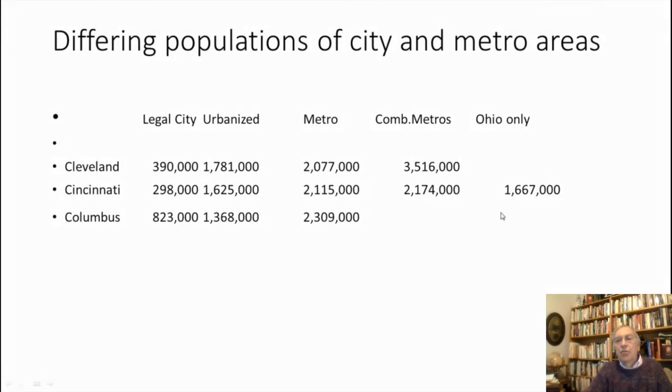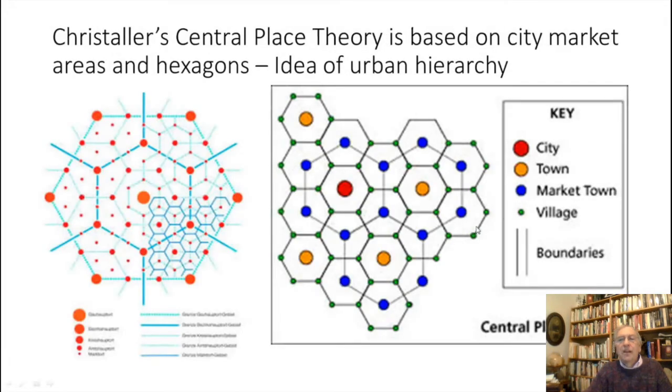call it 2.2 million people, but remember, slide jumped ahead, but remember that only 1.6 million of those are actually in Ohio. So another complexity you get into is, you can define Cincinnati to be larger than Columbus. However, don't forget, it's because Cincinnati is counting 1.6 million people who live in Kentucky. So, by the way, that's one of the